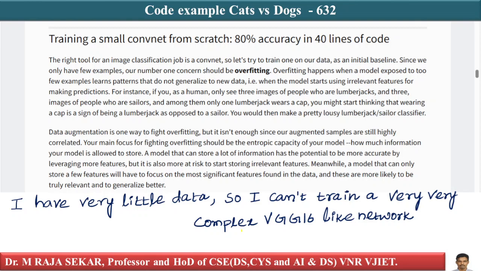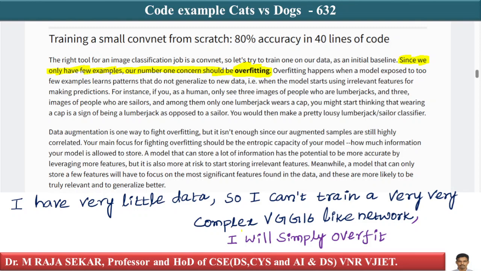That's important. So I can't train very complex VGG16-like networks, I will simply overfit them. If you use a simple small convolutional network from scratch, you get